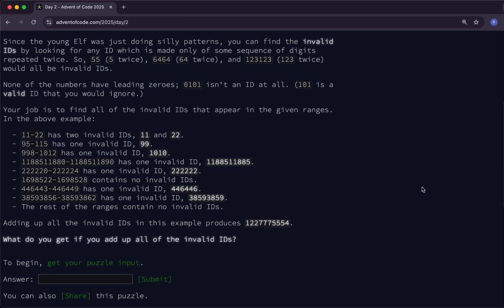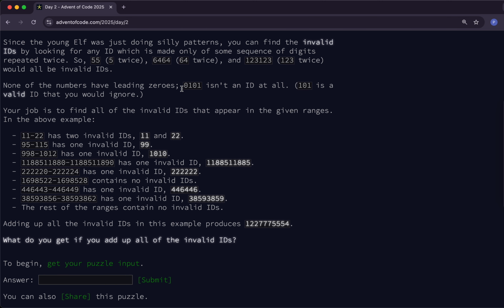So 55, and so on would all be invalid. None of the numbers have leading zeros. This isn't an ID. 101 is the valid one. Your job is to find all the invalid IDs that appear in the given ranges. In the above example,